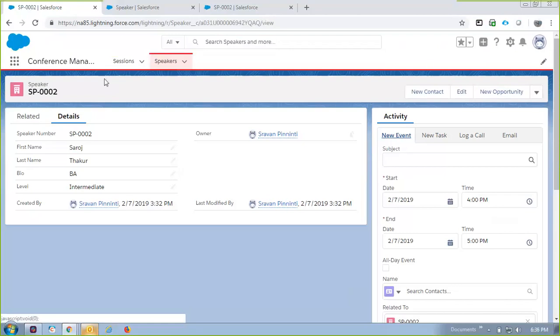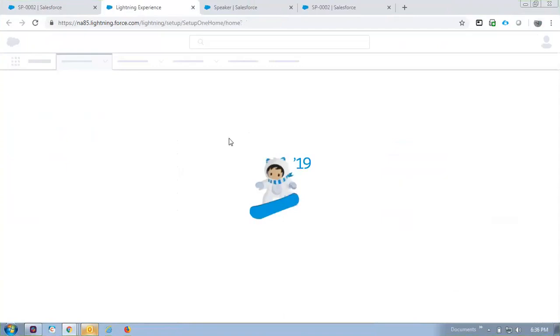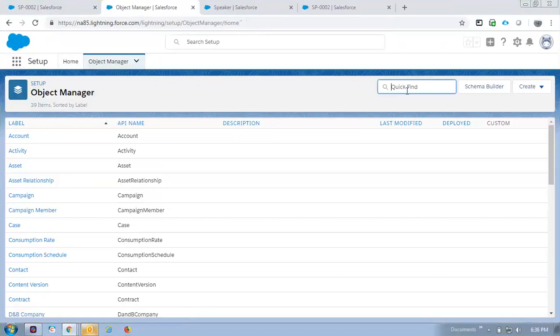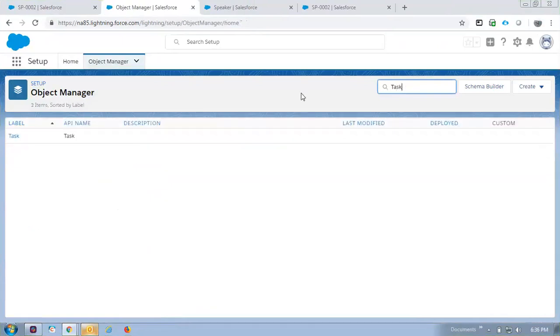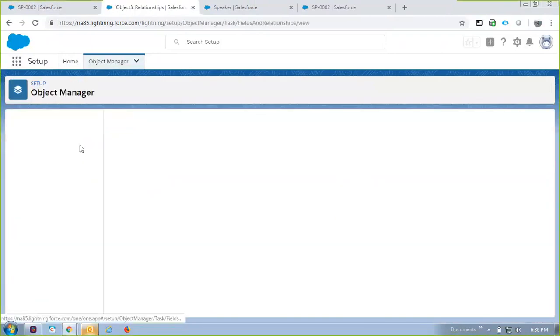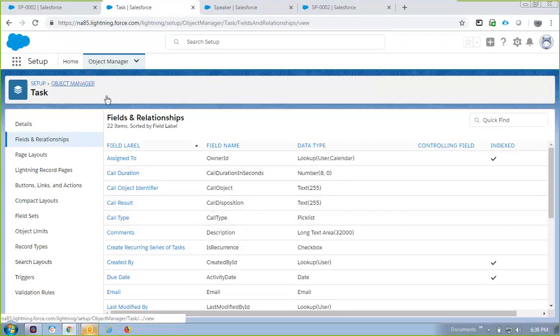Now, where do you find them? If you want to see the fields and all those things that are related to them, you can go here, go to Object Manager, and search for task. You see, task is the object. The API name is task. It is a standard object that is given to us by Salesforce. And if you see the field names, these are all the standard fields that are given to us by Salesforce. In the same way,